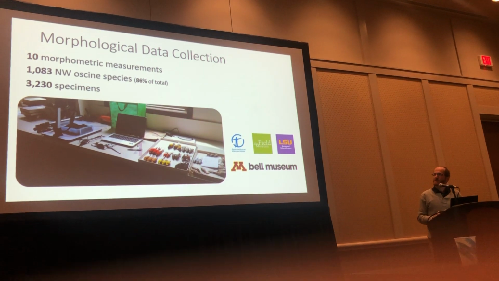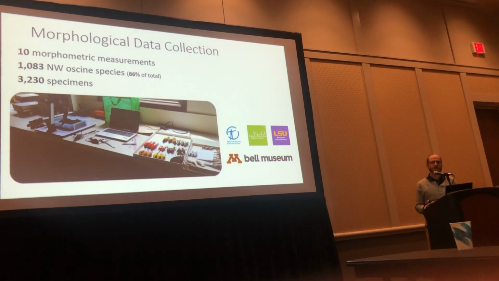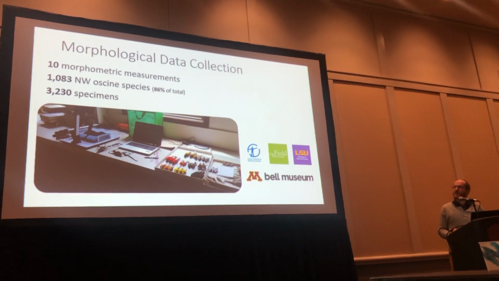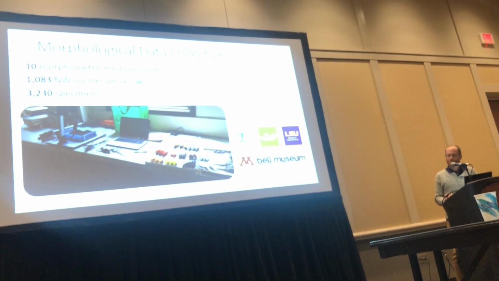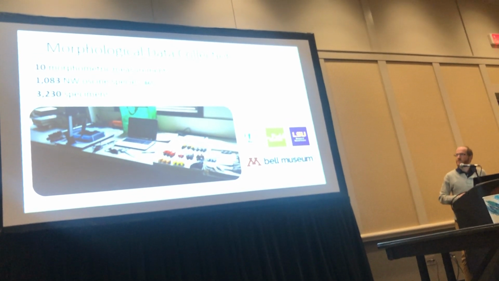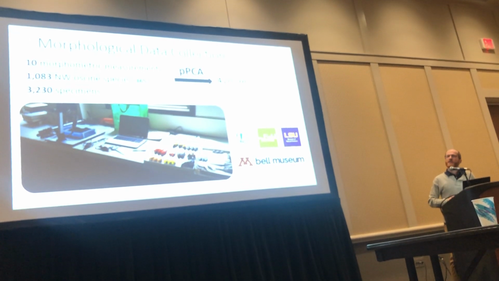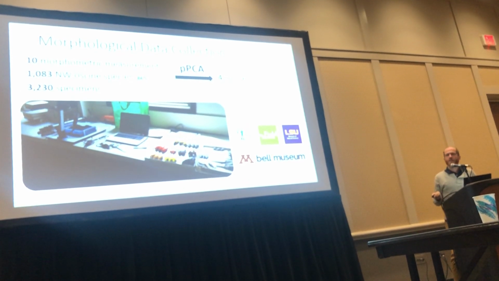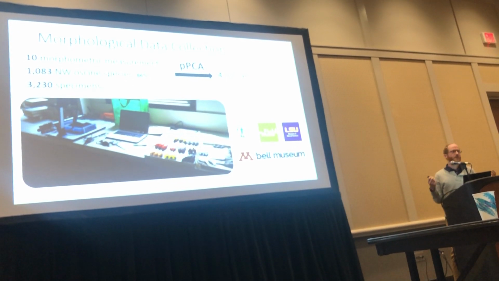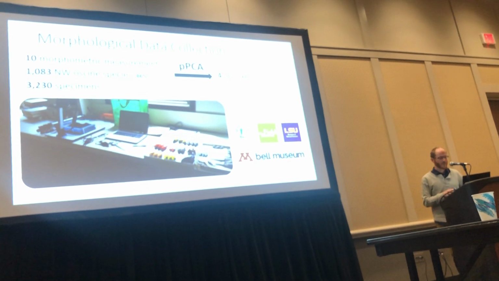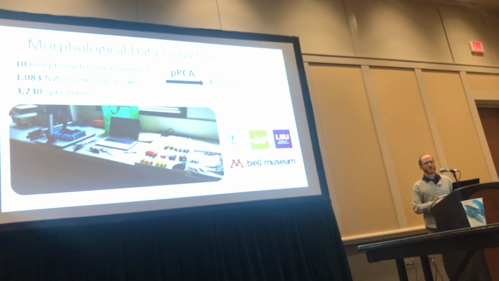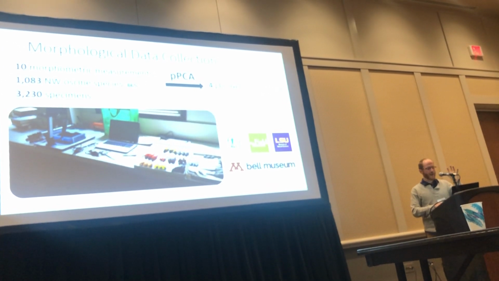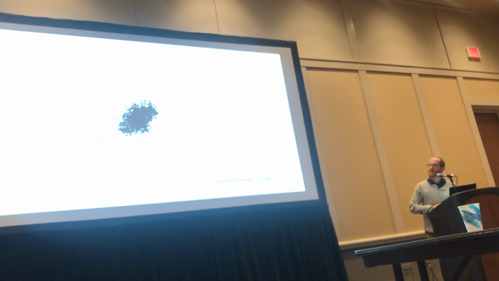And so to tackle that, I went to museum collections across the country, including my own institution, the Bell Museum at the University of Minnesota, and measured a couple thousand museum specimens, collecting ecologically relevant morphometric traits spanning nearly 86% of all described Aussian species. And to make that data set a bit more tenable, we ran a phylogenetic principal component analysis and retained 4 significant phylogenetic principal components that collectively explain greater than 90% of the total variance among all these traits. And then when we project all of these individual specimens into a phylomorphospace built on 3 axes of shape variance rather than size variance, we get a plot like this.